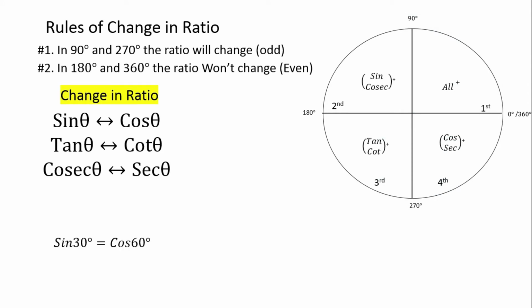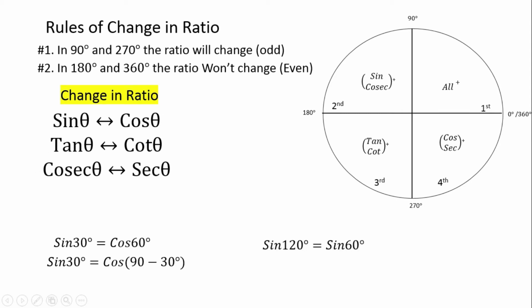To understand more, we can see over here sine 30 degrees is equal to cos 60, isn't it? Meaning if we break the 60 degrees, it will be 90 minus 30. So cos of 90 minus 30 is equal to sine 30. So with cos 90, when we break the 60 degrees in terms of 90, cos is changed into sine. In this way we have to change the ratio.